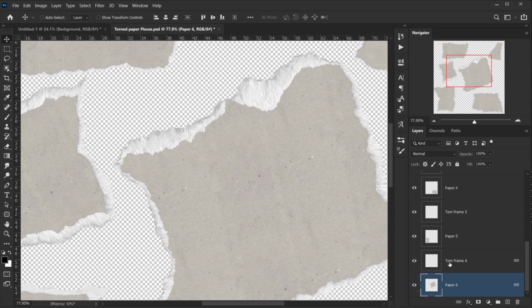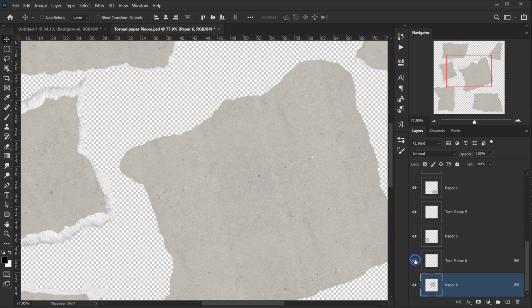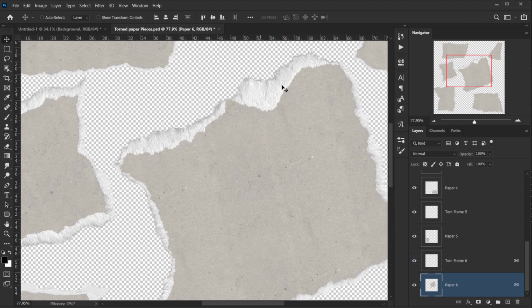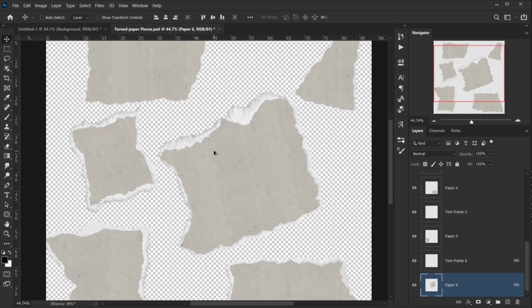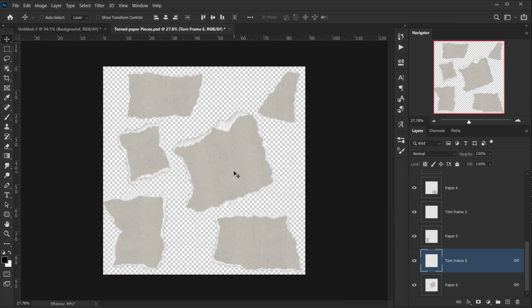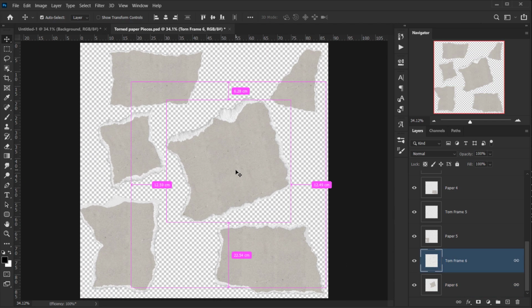All right. So the reason why I created it like that is because I want to make a selection of this paper without having the frame in here selected, so we can put it on top. This way we can have the image inside and then the paper on top of it. That would be easy to do. All right. So I will make sure to upload this for you guys. If you want to follow along, you can have it for free.